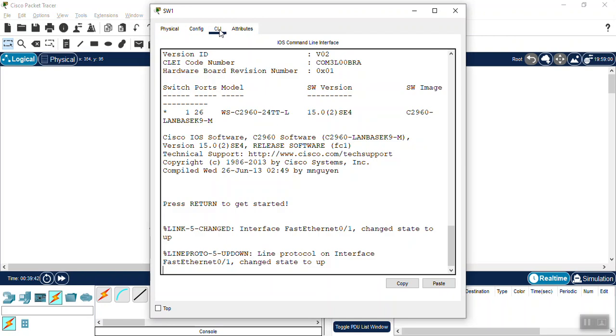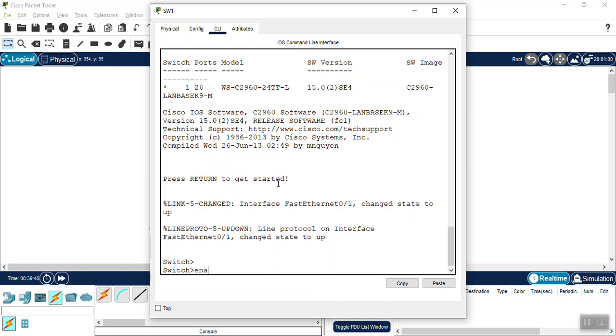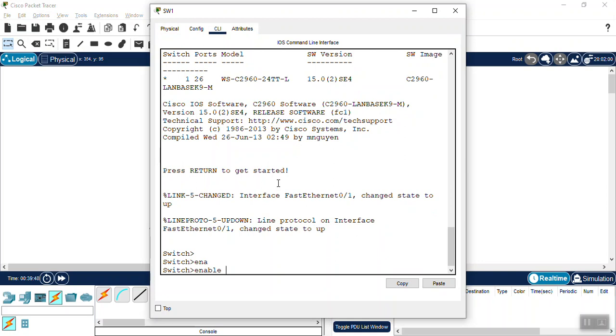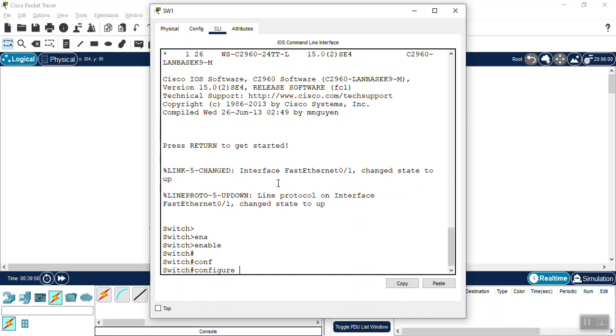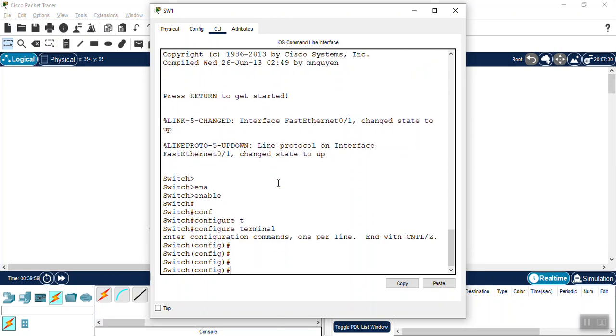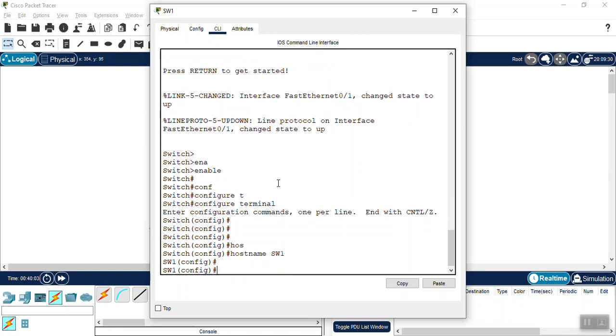Go to the CLI, press enter, and write the enable command. Now you are in the user mode, and then you go to the global configuration mode with configure terminal. First, we change the hostname, the name of the switch, to SW1.